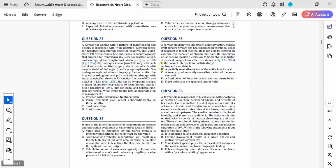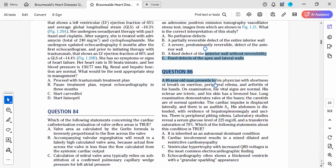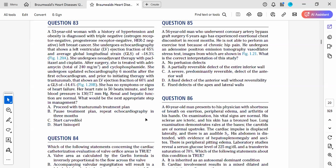Okay. So they say question A. What's the correct interpretation of the study that we just looked at? So no perfusion defect. Of course that's false. We already saw the perfusion defect during stress. Then they said a partially reversible defect of the entire inferior wall. So the reversible defect is true, but the inferior wall is wrong, because the place affected we saw is the